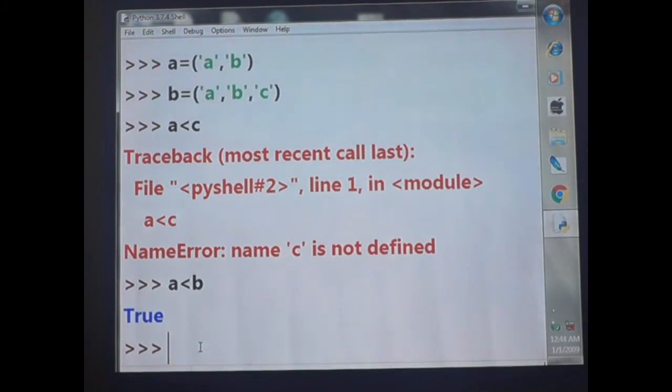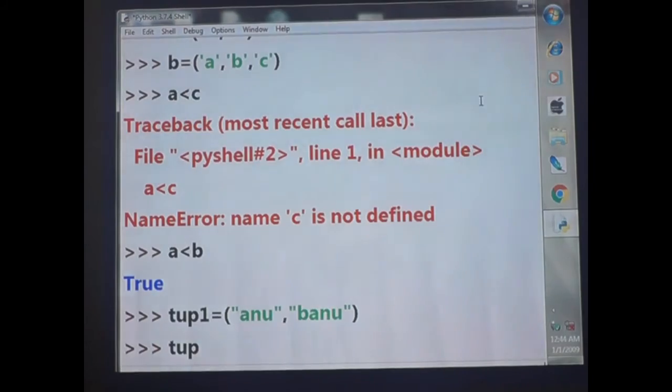Okay. So one more question. Tuple 1 is equal to Anu, comma Banu. Now tuple 2 is equal to, what can I give?